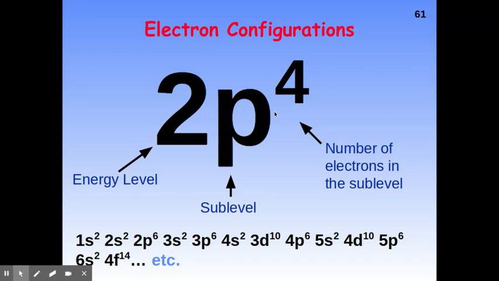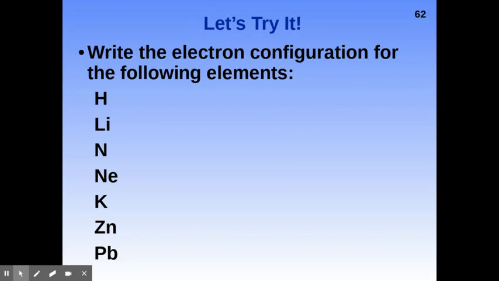Now, p could hold up to 6, but this only has 4, so obviously we will be able to tell what it is. I'll show you that here with the periodic table soon. But first, let's just try it. Now,